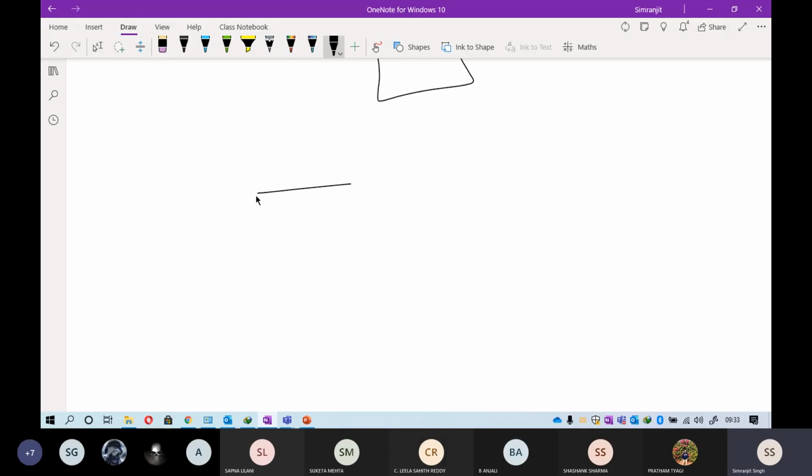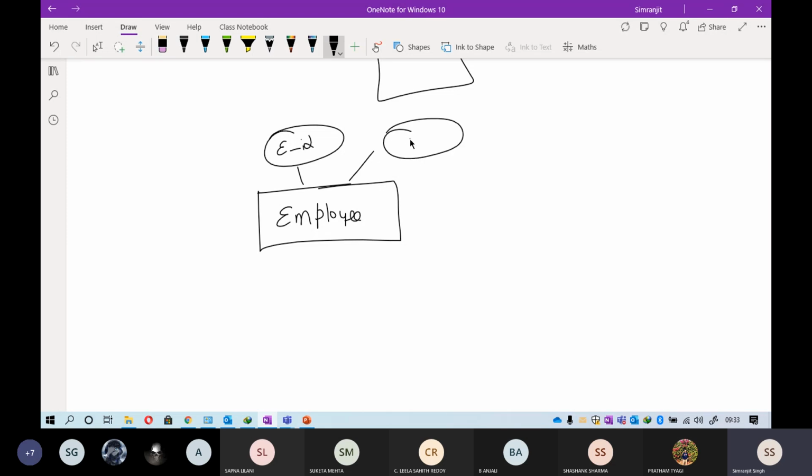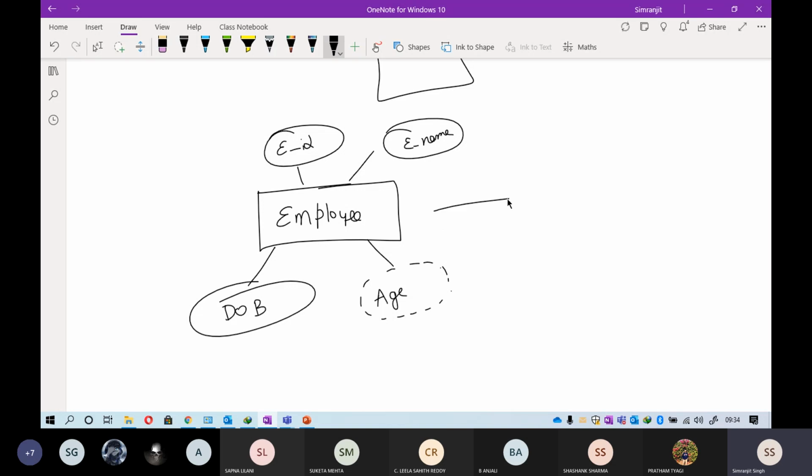Table convert. Okay, so I don't think we have covered this part. So suppose there is an employee, and the attributes of the employee are employee ID, employee name, and date of birth, and then there is another attribute that is referred to as a derived attribute. That is given as this one, and it is age. Okay, so when this particular ER diagram is given to you, how do you convert it into a